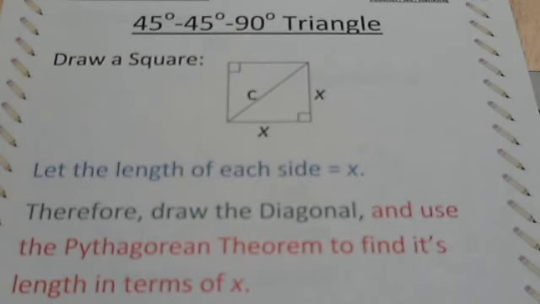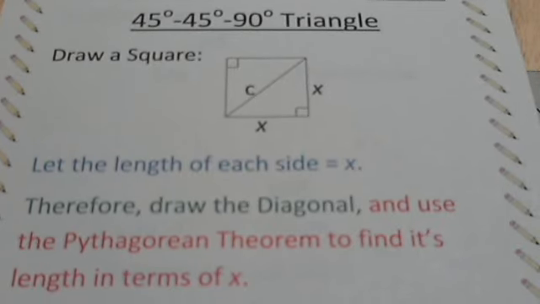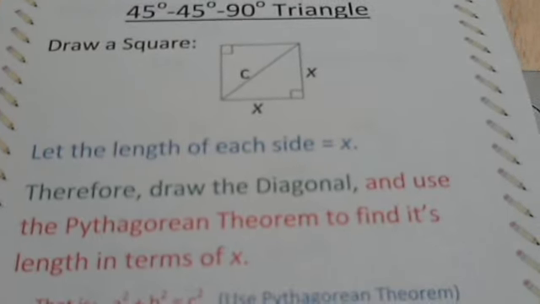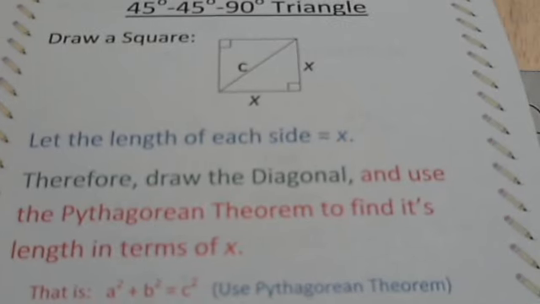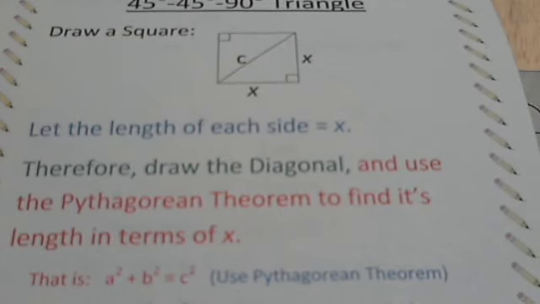So, using a squared plus b squared equals c squared, using the Pythagorean theorem,